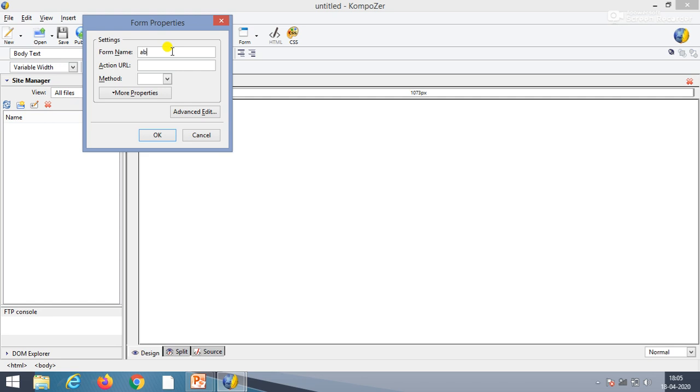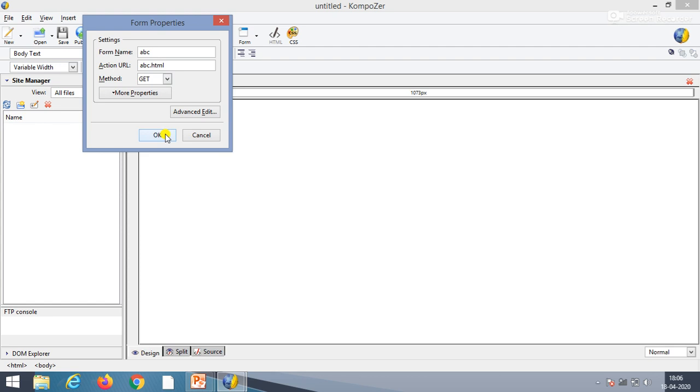Over here I will type ABC, and next in action URL, the same form name, ABC, but we will put .html. Now the method we will set as get, because get contains limited information and post contains a block of data through the HTML. Then OK.